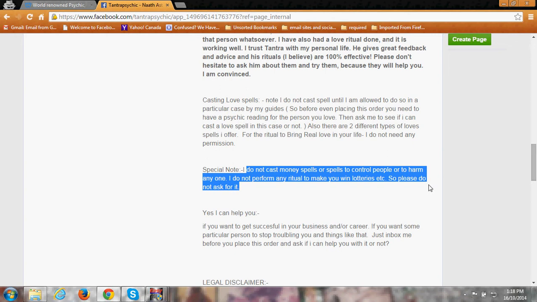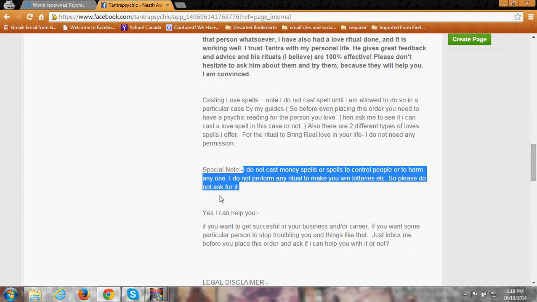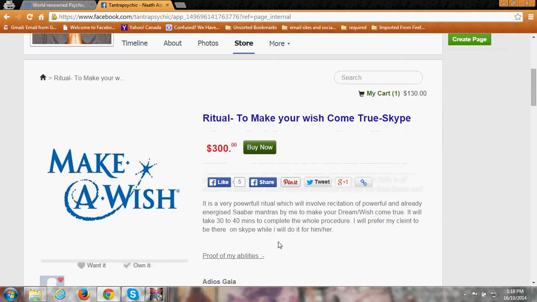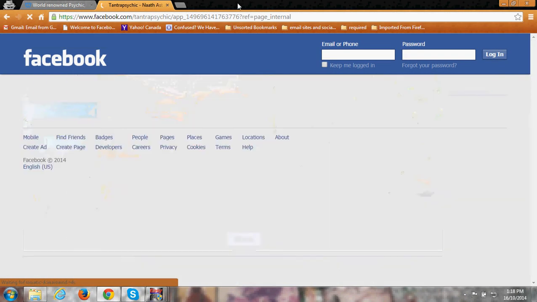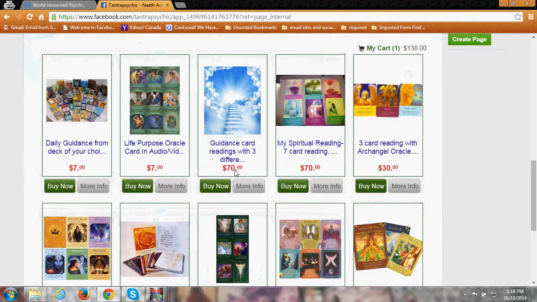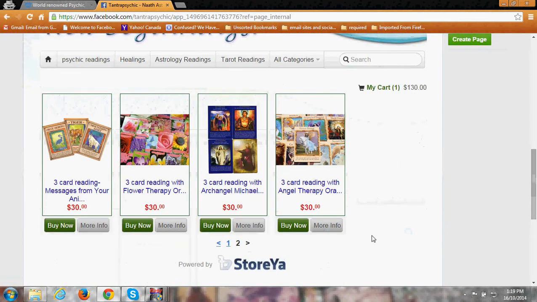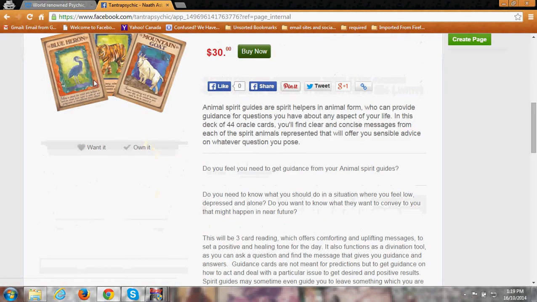Okay, then click on the store again, and if you want some guidance message from your guides, click on the guidance circle dark cards, and here we are. We have various different types of readings, different types of cards. Again, if you see that number page over here, you click on it, you will find a few others. For example, you read the description, you like this particular deck, you feel that you are drawn toward it. It's an animal spirit guide deck, and you want a reading from this. You just read the description, you click on buy now, it is added to your cart, and whenever you proceed